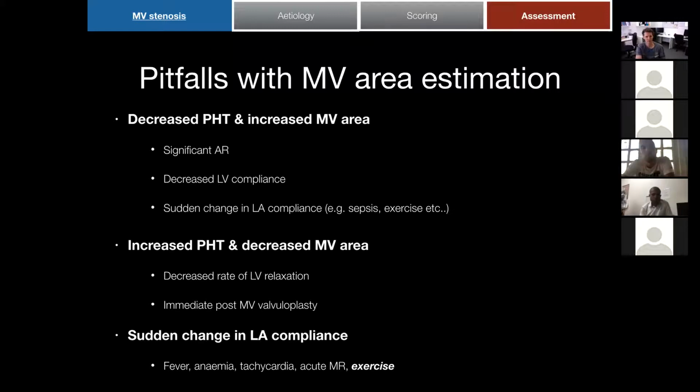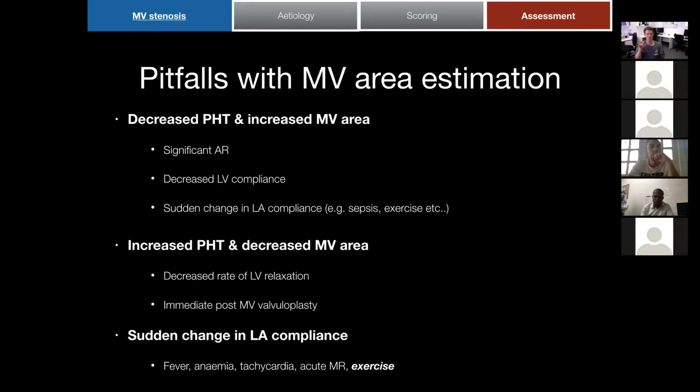And here are the pitfalls. With pressure half time, if you've got significant AR, decreased LV compliance, or a sudden change in left atrial compliance, such as exercise or sepsis, that can cause a decrease in your pressure half time, which will mean you will increase your mitral valve area and so underestimate